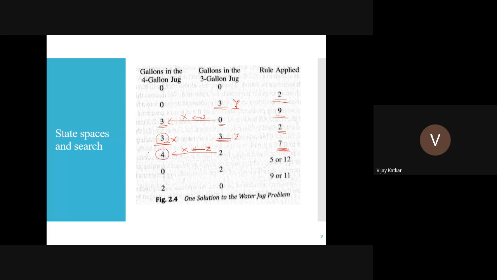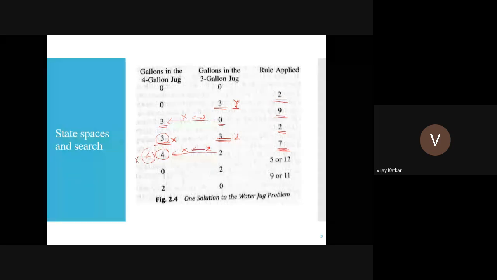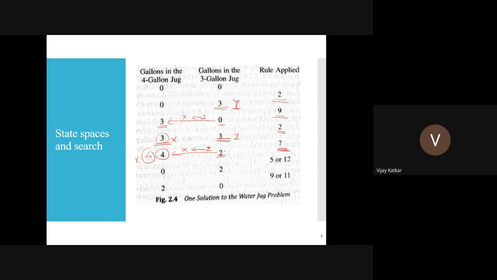So now there is 4 liters of water in X. How much water will remain in jug Y now? 2 liters. So I have achieved something: I have 2 liters of water, but it is not in jug X. It is now in jug Y. So what can I do?